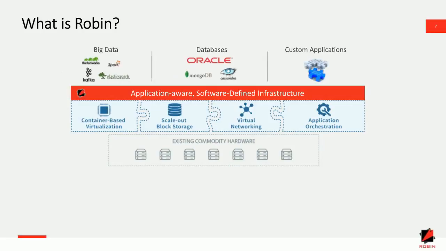Okay, so with that context set, let's talk about Robin. So what does Robin do, right? What is Robin, and why are we talking about containers and enterprise application? If you look at the container space, what containers do really well are, number one, they help you package your dependencies and your software in a single image format. So it's easy to deploy, and the operations team doesn't have to worry about installing those libraries and satisfying those